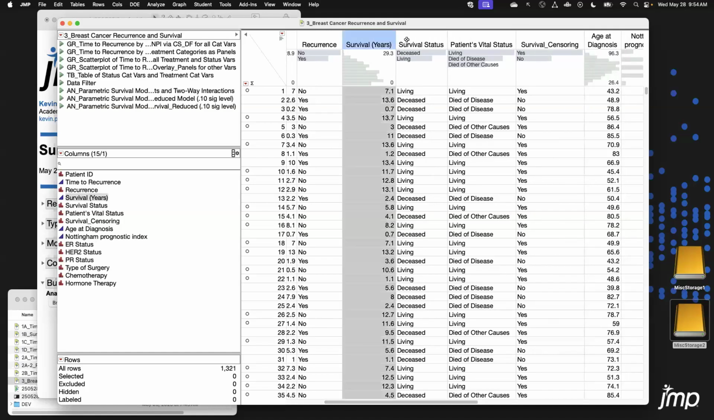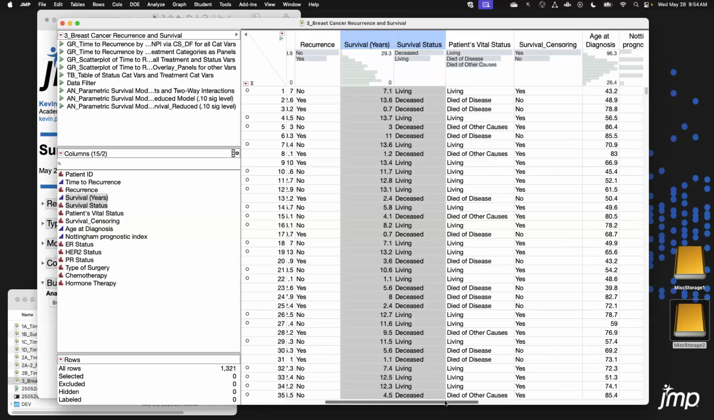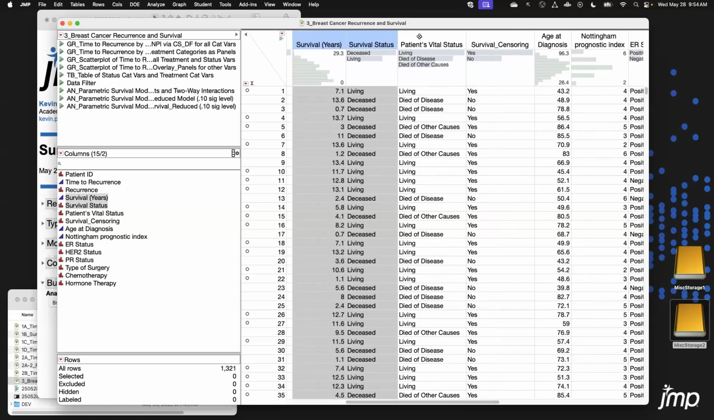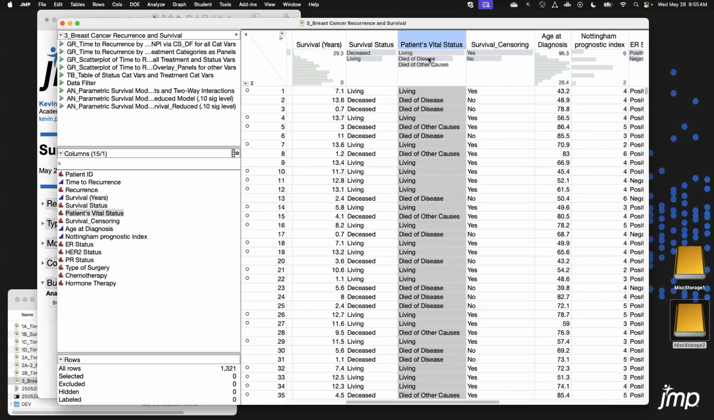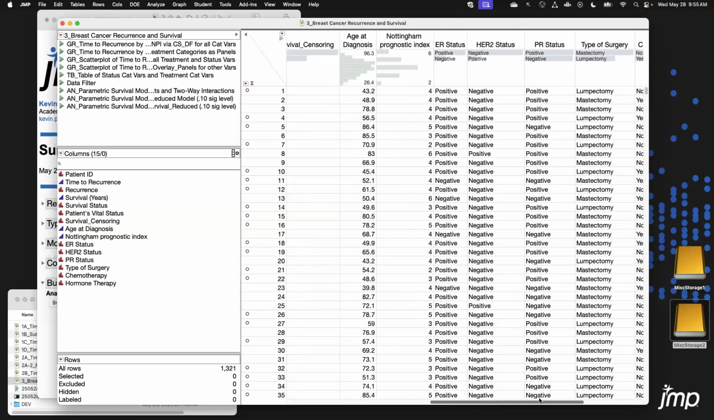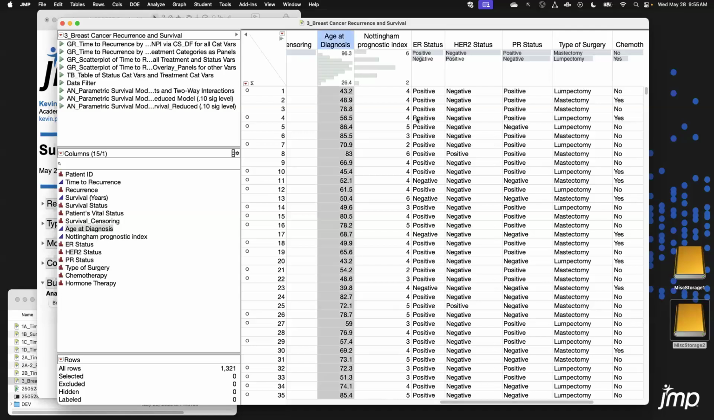And then there's another set of time to event data, and that's their survival, right? Whether they are still living or deceased. And there's also information on whether they died of cancer or of something else, because obviously that's important as well. And there's a bunch of variables in here, like their age at which they